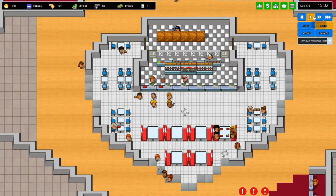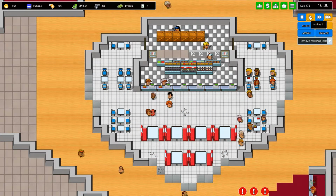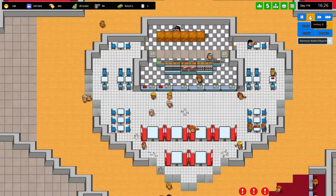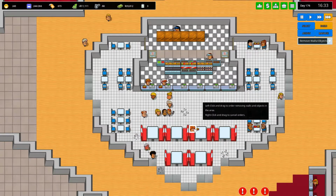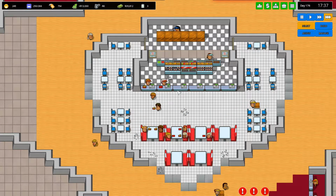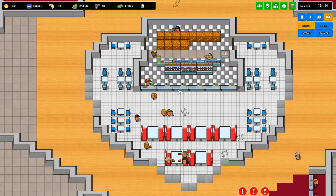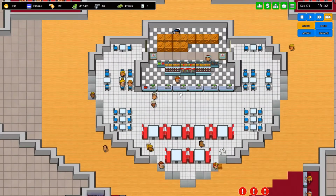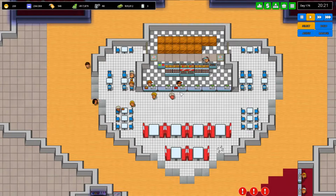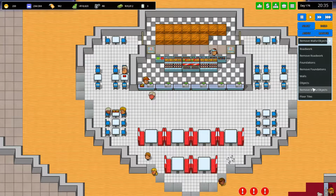Let's try getting rid of the wall, I guess, and see if that's what's causing it. Maybe it's the food counter that's causing the problem. Just wait until a tray gets placed there, that way we know that someone new is starting. Because I always seem to want to use this till, and this is the order counter which seems broken. But yeah, it's a really bizarre bug, I'm not quite sure. Okay, so someone's there, and again, it happened, so it's not a problem with that. What if we...